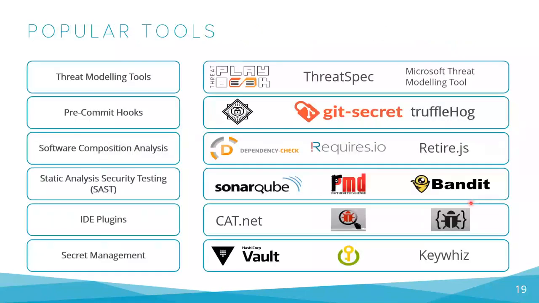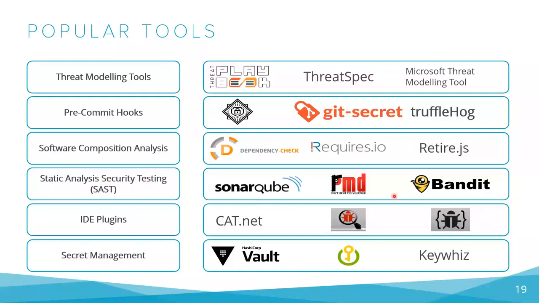There are many tools in the market to implement DevSecOps, and here I have listed some tools to counter threats. We have threat modeling tools such as Threat Playbook, ThreatSpec, and Microsoft Threat Modeling Tool. For the pre-commit hooks, we have Talisman. However, there are a few other tools like Git Secret, Truffle Hog, and similarly, Bandit is for static analysis and security testing